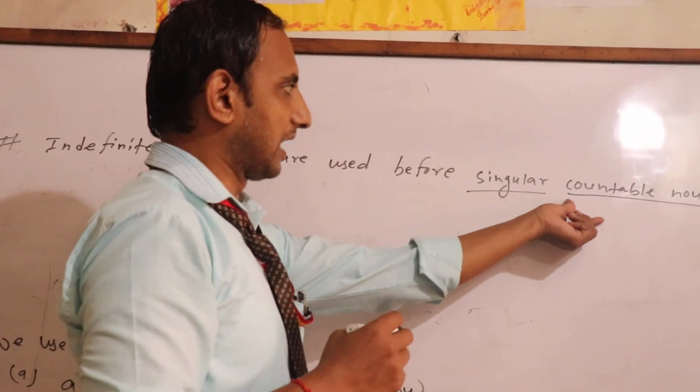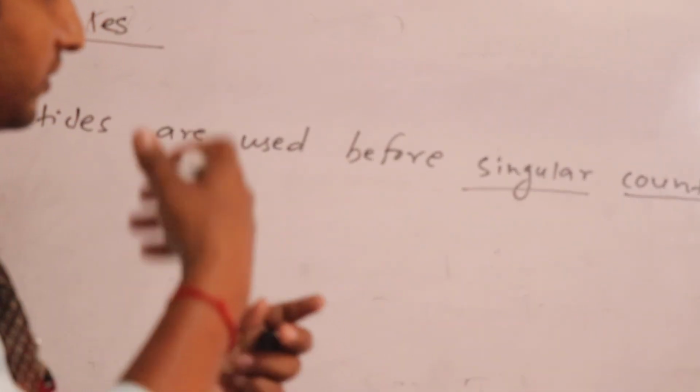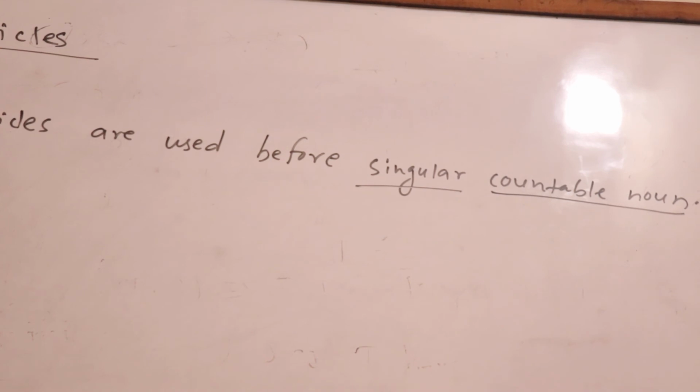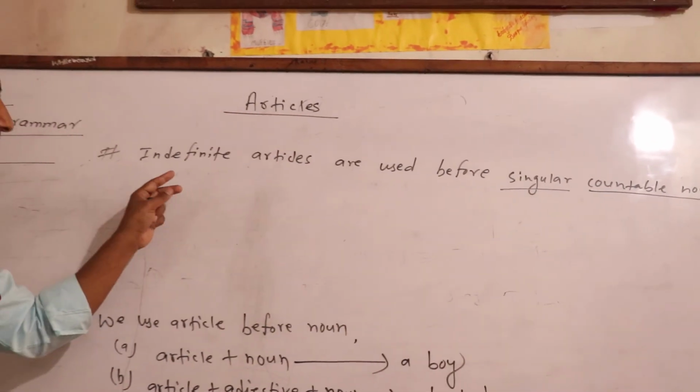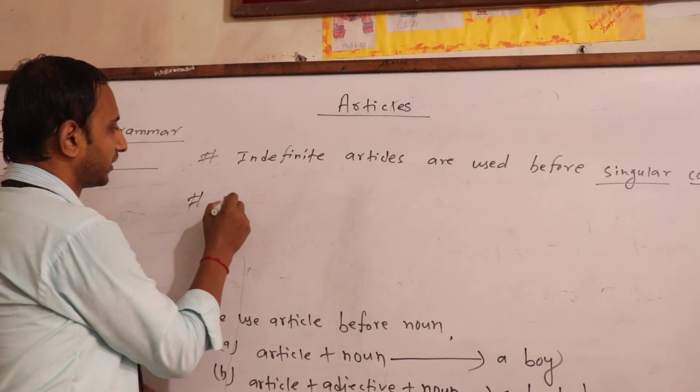Countable nouns are again of two types: singular countable nouns and plural countable nouns. So again, with plural countable nouns we cannot use indefinite articles. Only with singular countable nouns can we use indefinite articles. Yes. So now definite